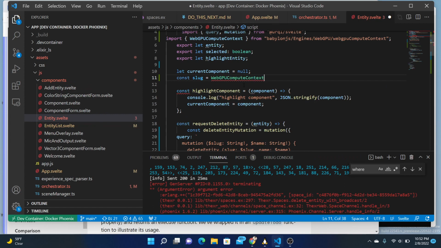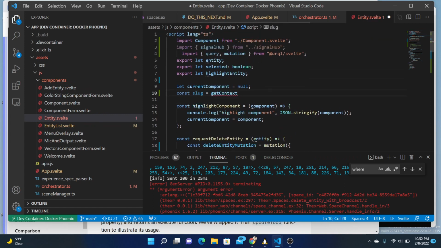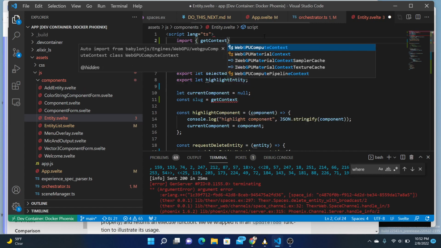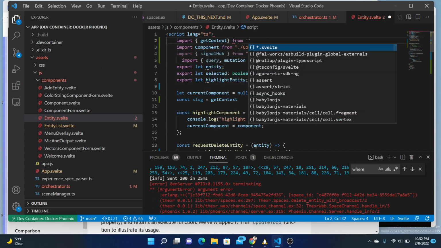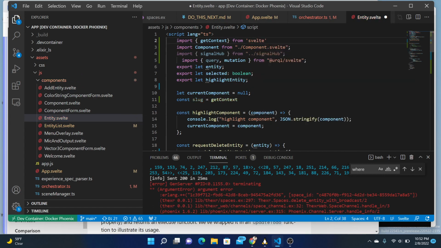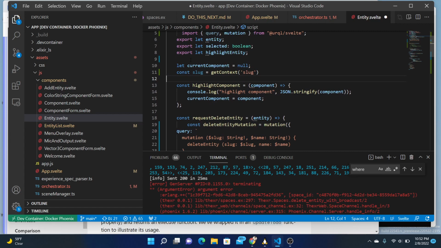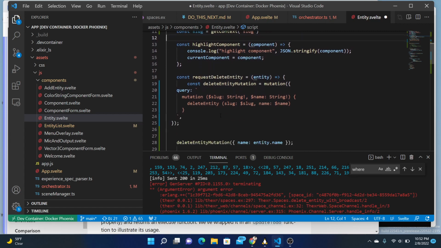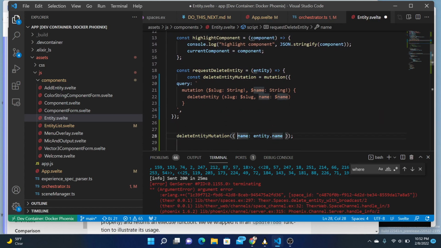Let's import get context from svelte, and the key is slug. That gives us a slug, and therefore we can pass slug here,